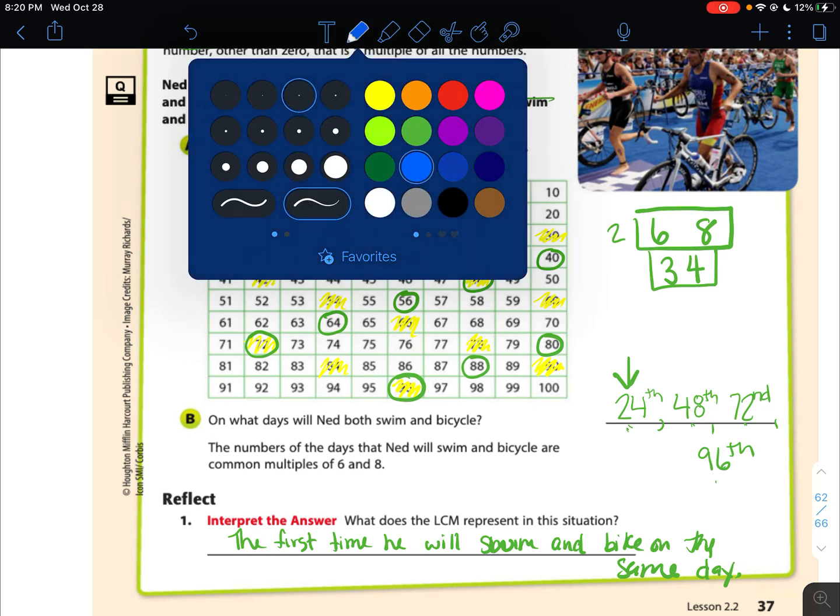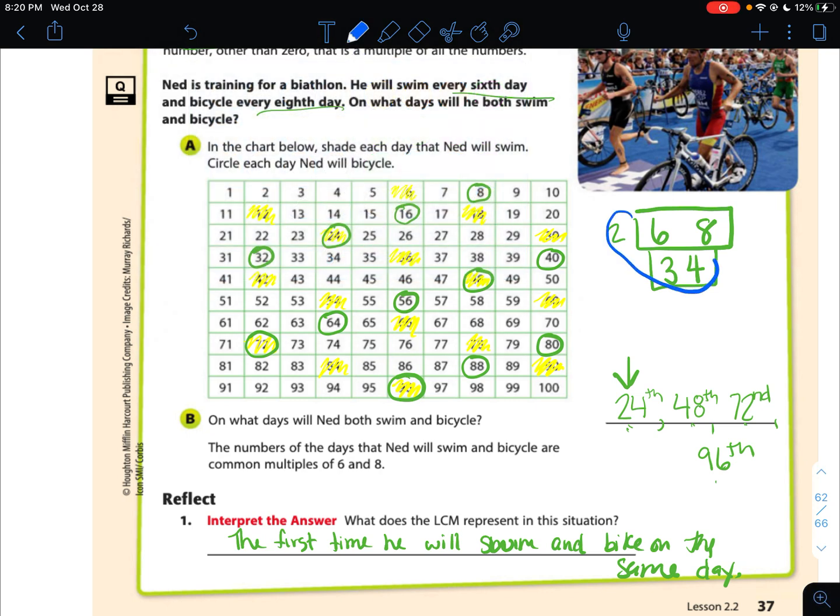Which 3 and 4 don't have a factor. So my cake is done, and then I would just multiply my bottom layer and my number outside. 2 times 3 is 6, times 4 is 24. So that would be my least common multiple of 24. And then if you use this least common multiple, you would find the multiples of